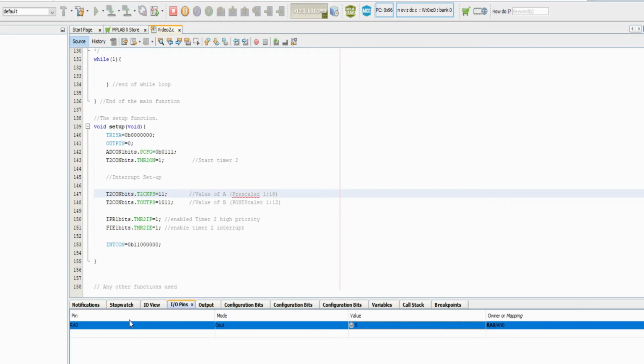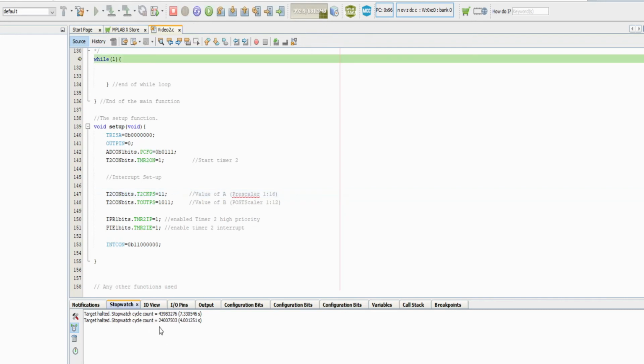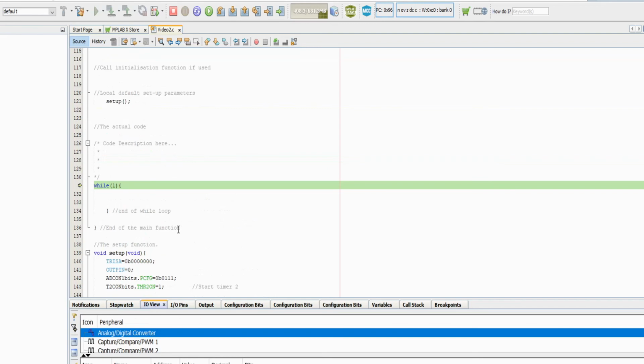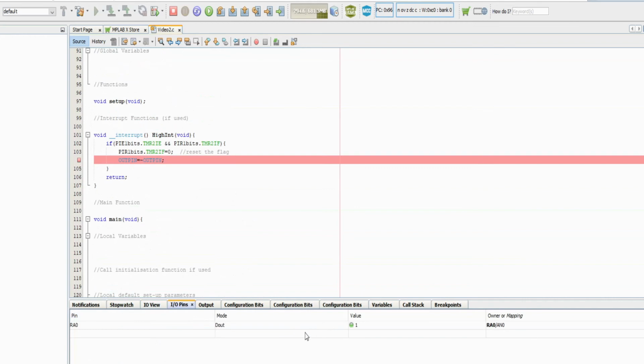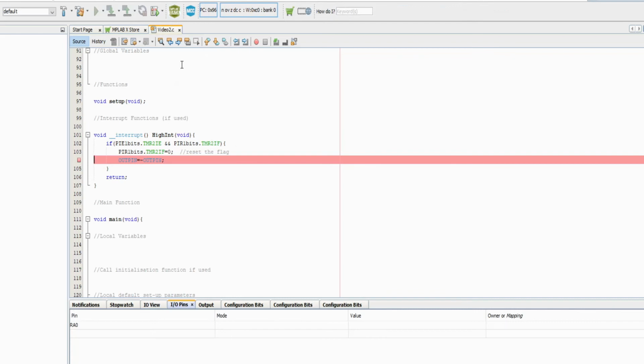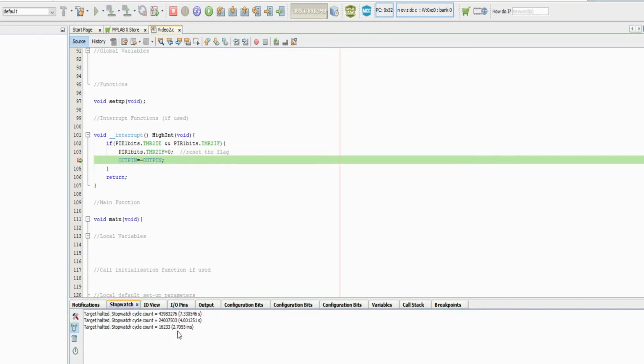Wait a second, why did it not stop yet? Let's pause it for a second. Oh, I know why. There you go. I did change it. Okay, let's reset it. Sorry about that. I forgot to put the breakpoint. I was just waiting for the program to stop. All right, there it goes again. There goes stop now, stopwatch. There you go. See, it took 2.7 milliseconds to do this, and it's running at